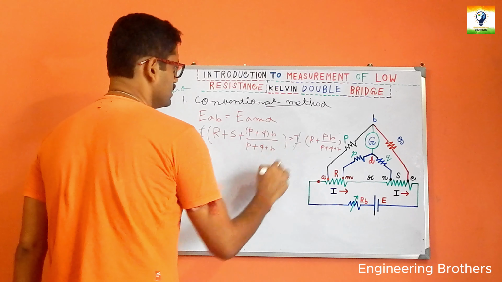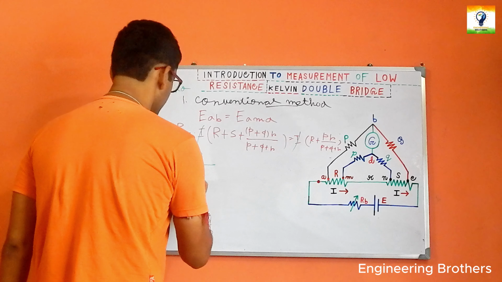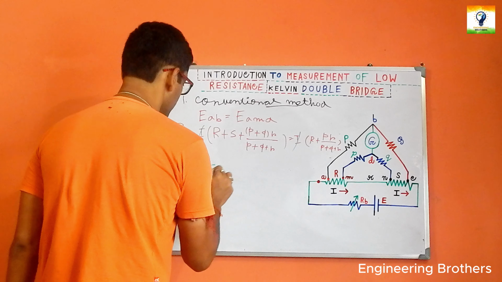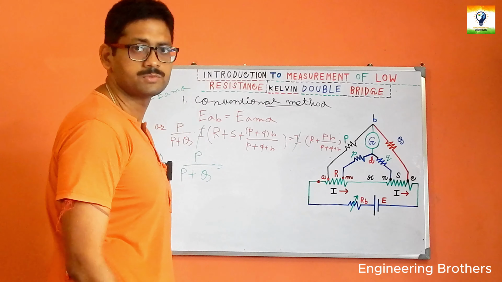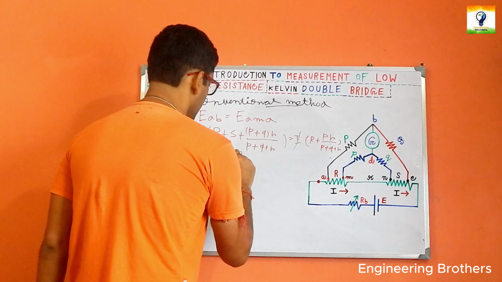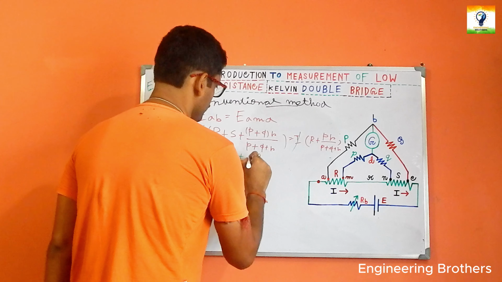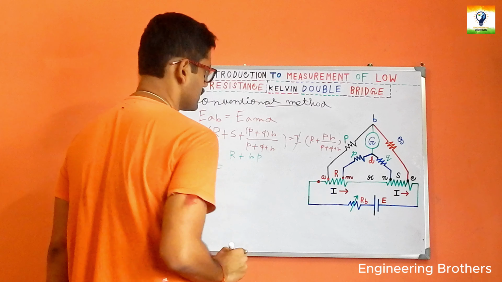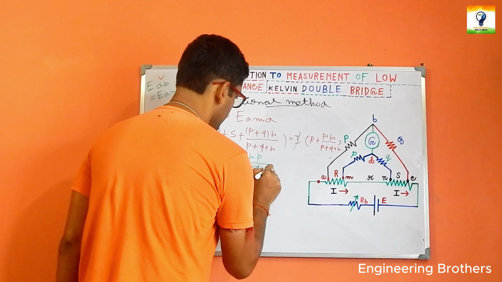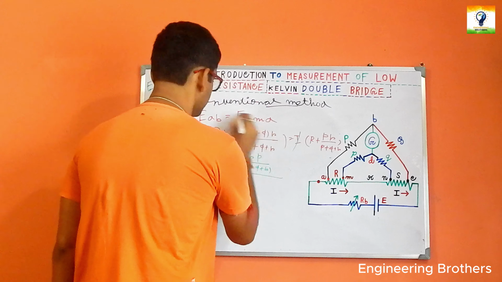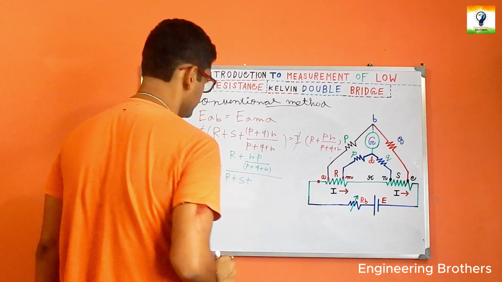So this I will eliminate, and I can write this equation as P divided by P plus Q, which is equal to, I will transfer this portion to the other side of our expression, which is R plus our small r P divided by our P plus Q plus R divided by this whole thing, which is R plus S plus,